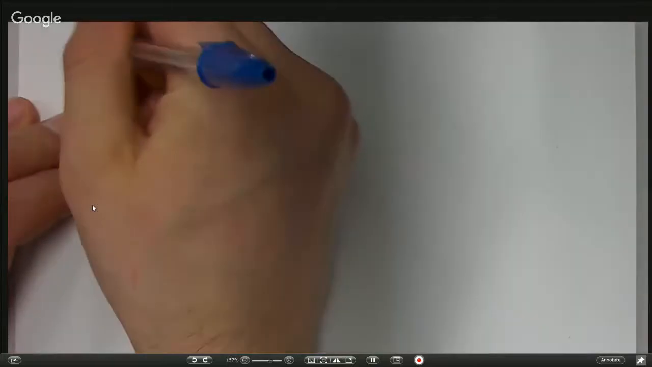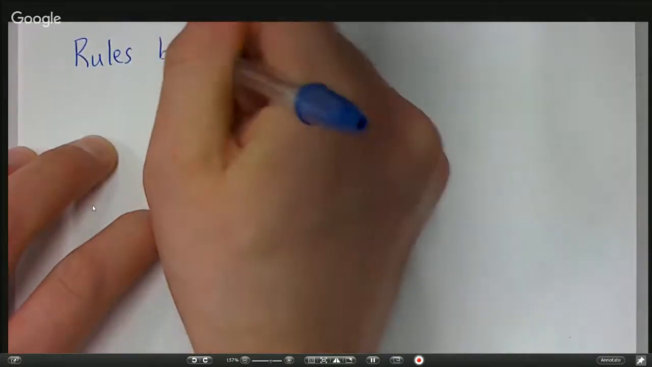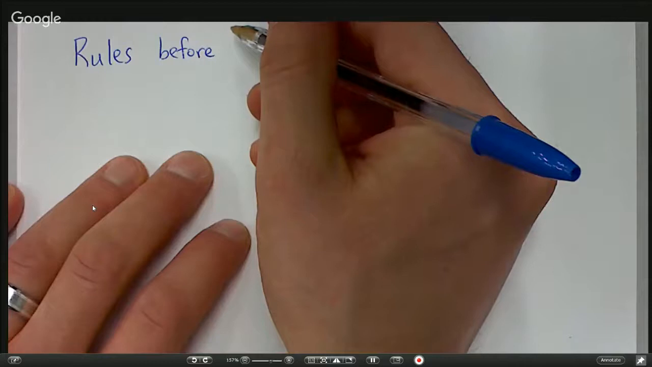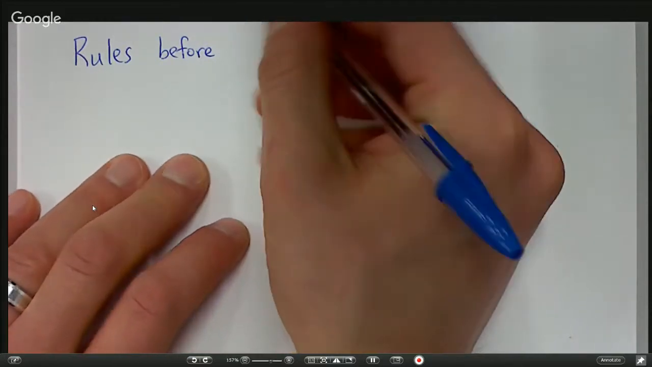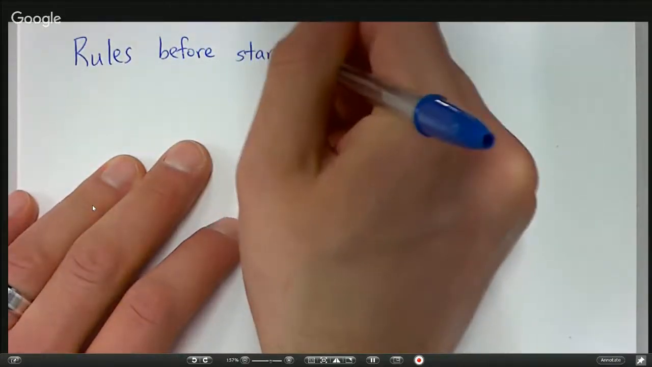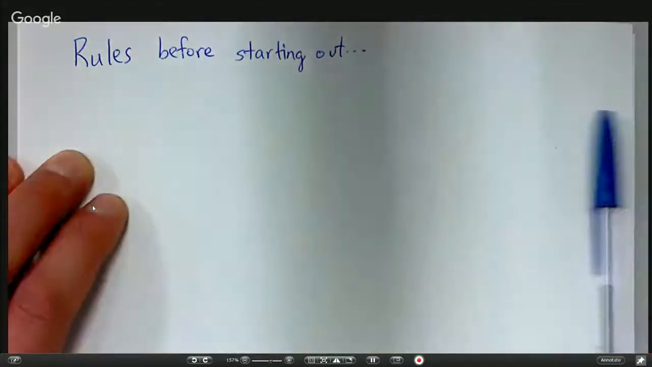Back up to the top. All right, so there are some rules here that we need to go by before we start out. And I'll indicate these rules so then you can go into lecture video number 2 on resonance to see the examples and types of resonance that we'll encounter. So the rules before starting out. First,